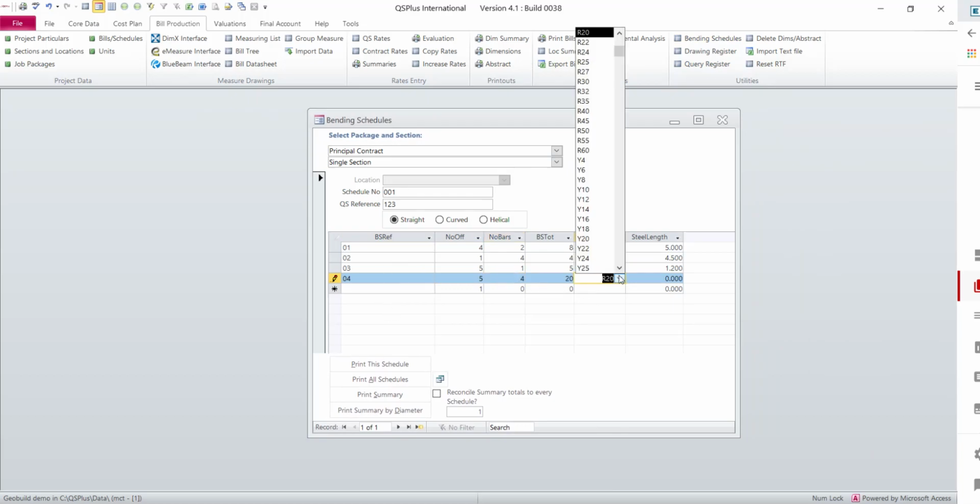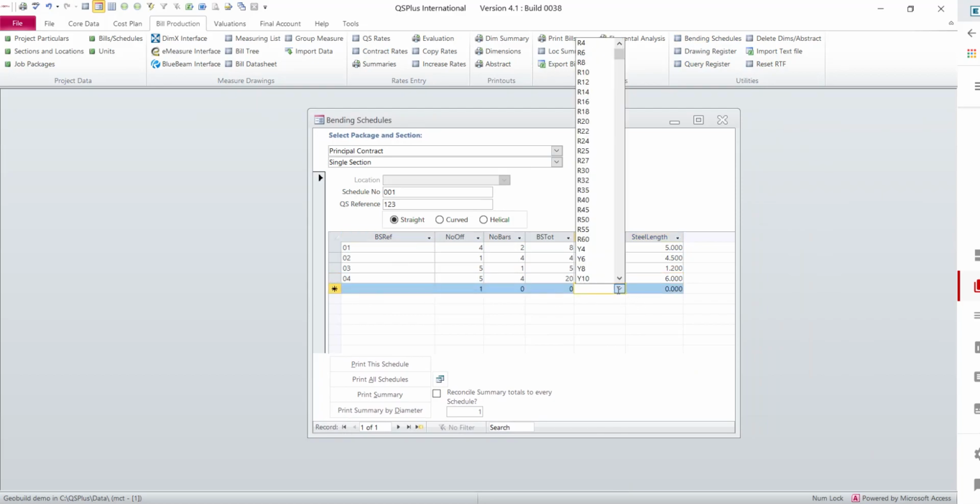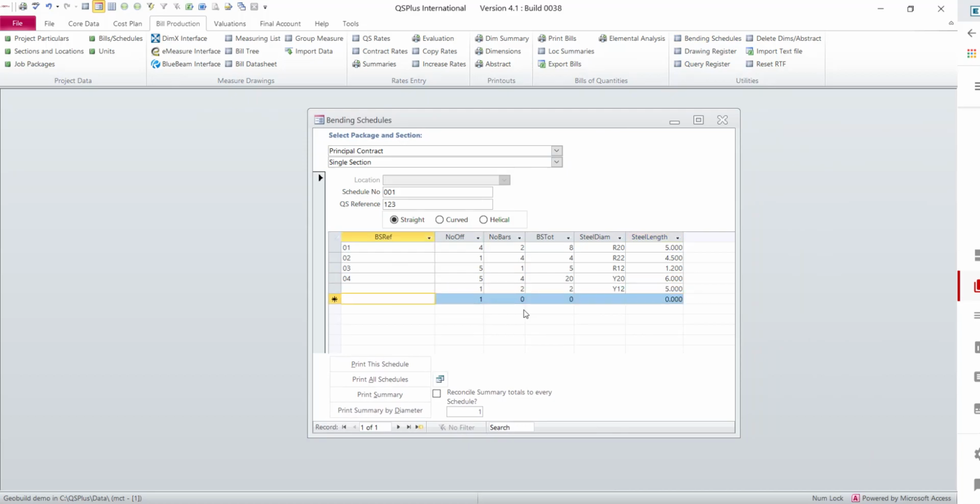and choose now some Y bars, Y20, and they are 6 meters long. And so you would carry on. Unfortunately, I did not put in so you would add in your